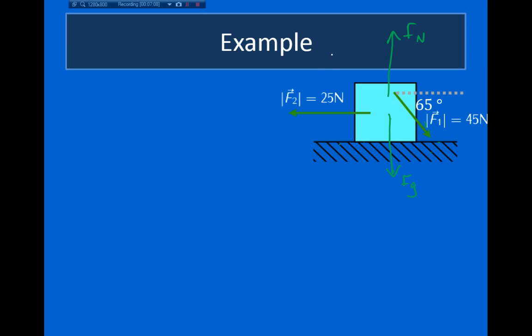So if I call this direction here my y direction, the way we would write this as an equation is we would say the sum of my forces in the y direction is equal to 0 newtons. So the sum of my forces in the y direction, if I call up the positive direction: the normal force points in the positive direction. The force due to gravity points in the negative direction. And there's a component of F1 that also points in the negative y direction. So I'll call that F1y. So the sum of these has to equal 0 newtons,